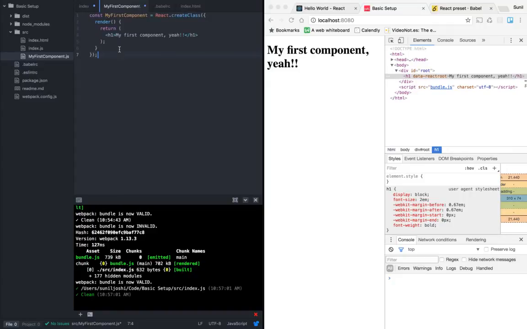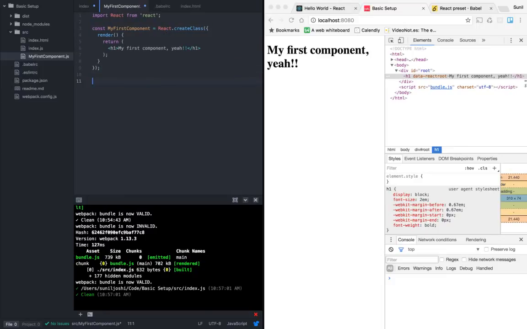So it's using the React library, so yes, we want to import that. Import React from React. Every file is a separate module, right? And every module should be independent, so it should have all the dependencies imported at the start of it, so that it's an independent module.